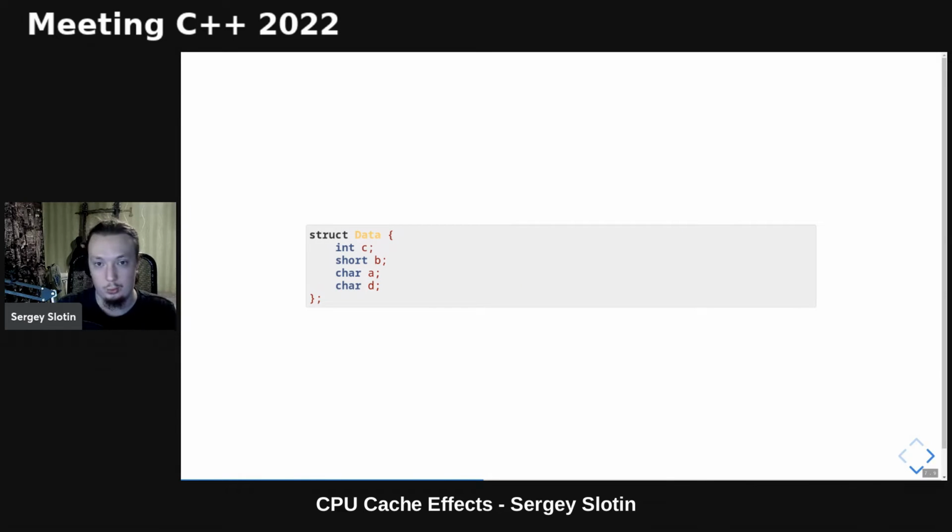So we could reorder the structure members like this. So int goes first, then short, then char, and then the other char. Now each of them is aligned without any padding, if the structure itself has an alignment of at least 4. Therefore this structure doesn't require any padding, and the size of the structure will be 8 instead of 12. It seems kind of stupid that the size of a structure and consequently its performance depends on the order of definition of its members, but it is required for binary compatibility.